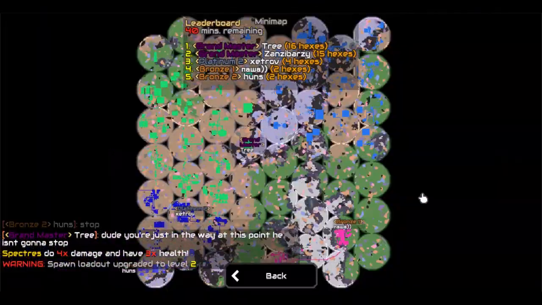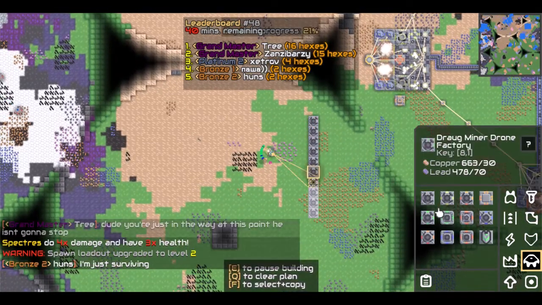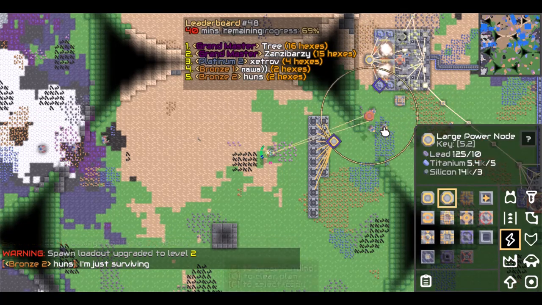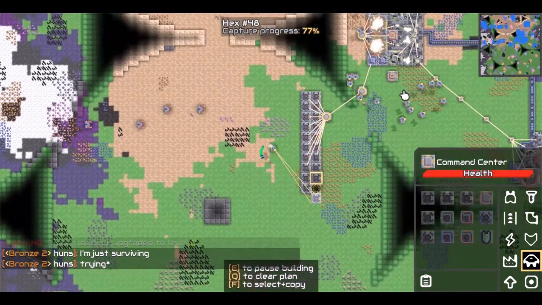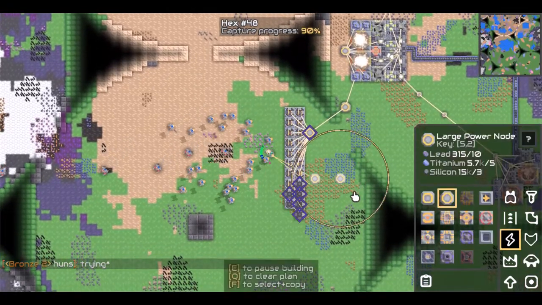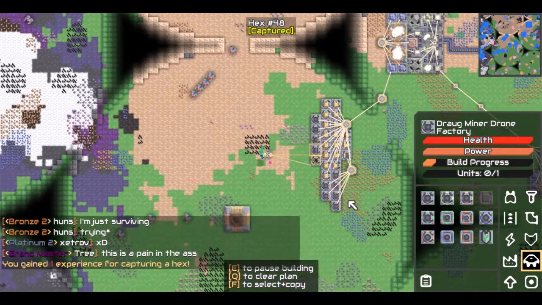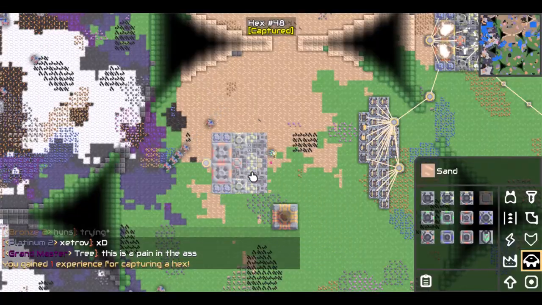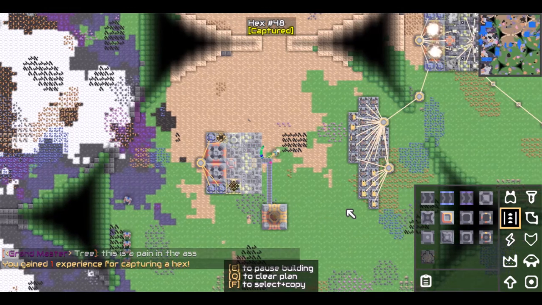Alright, I see that copper and lead could be a problem soon. So let's go ahead and make sure it's not a problem. Yeah, it's enough power. Make sure it's never a problem again. And we know silicon's been a problem, so